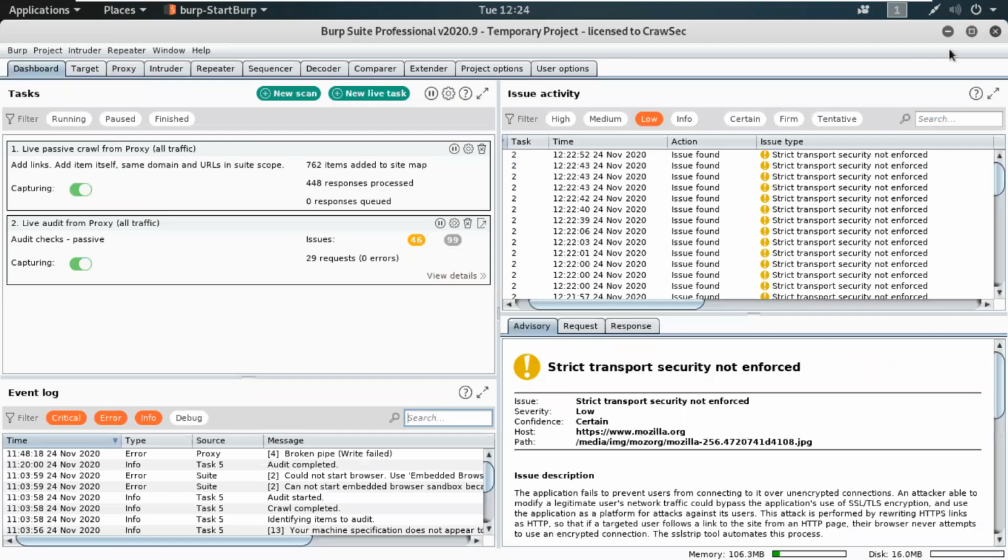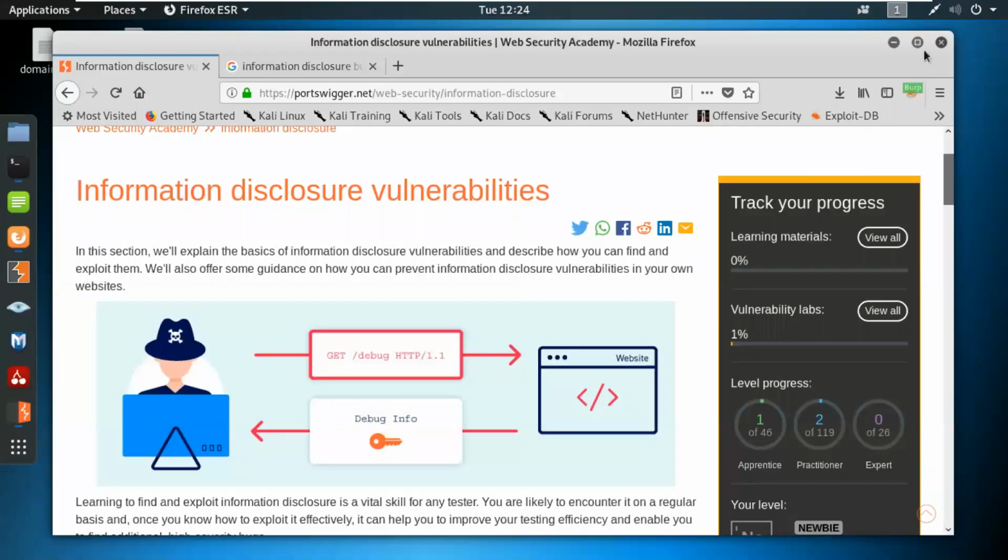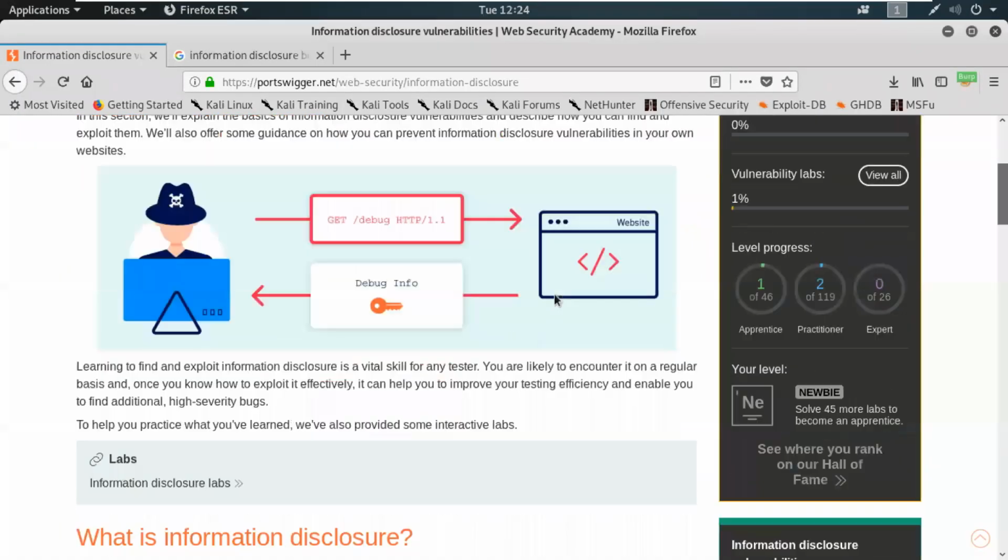Yeah, so this is now the proper fresh website we're going to try, and we're going to look for the vulnerabilities of information disclosure. But what exactly does information disclosure mean?